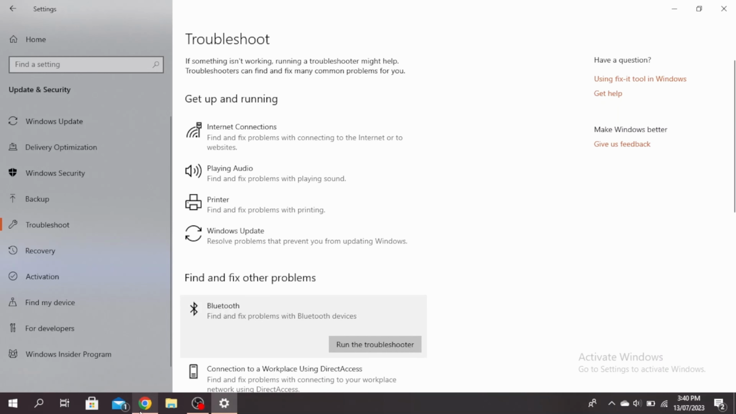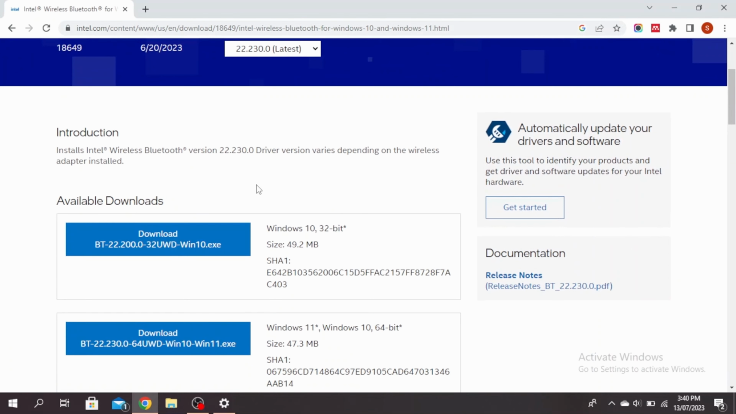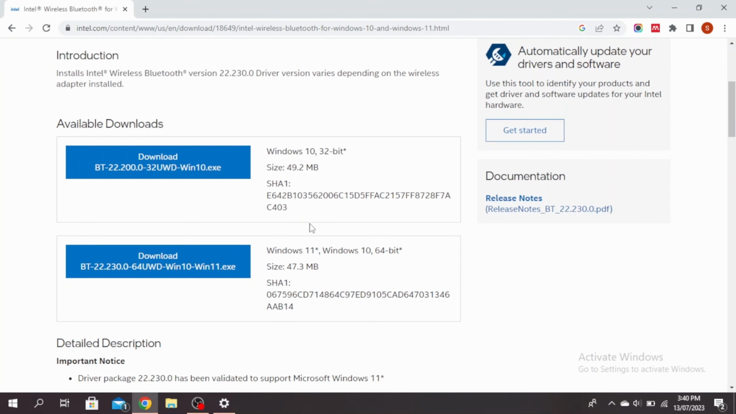So if this doesn't work, you might need to install a Bluetooth driver, and you can do that by clicking on any browser and then typing Intel Bluetooth driver. So go to the official site here. So downloads is available for Windows 10 and 11. Just click on this download button here. And once it's downloaded, open the file that you have just downloaded and click on Run and follow the prompt